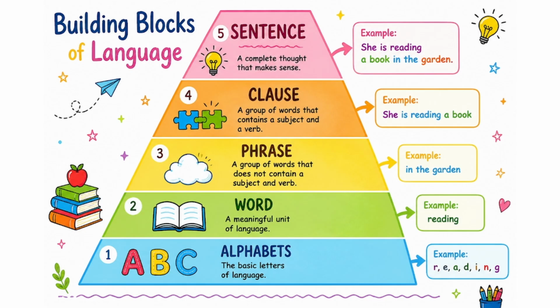Okay. So we all have learned the alphabets in the very beginning of our education. They were the stepping stones. A, B, C, D, all 26 alphabets, right? So when we combine these alphabets, we get words like reading, studying, read, blue, books. These all are words. Now, when some of these words are combined, like in the garden,